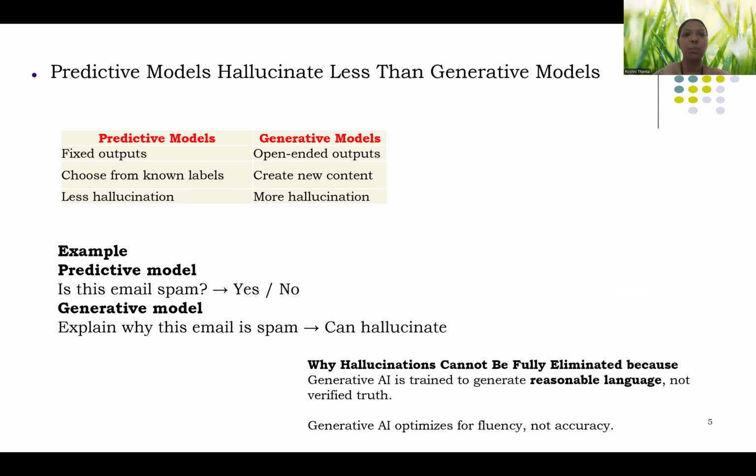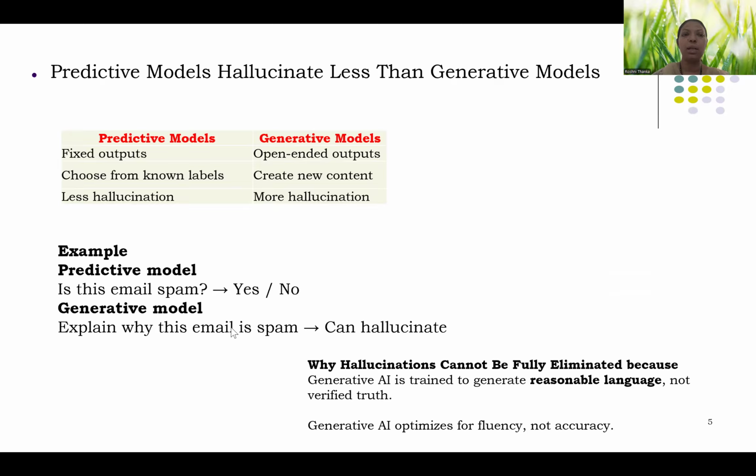In predictive models, we choose from known labels. We ask whether it is a cat or a dog, so it knows that from these two it will give an answer. But the generative AI model is creative; it creates new things. In predictive models, we have very little hallucination, but in generative AI models, there may be more hallucinations.